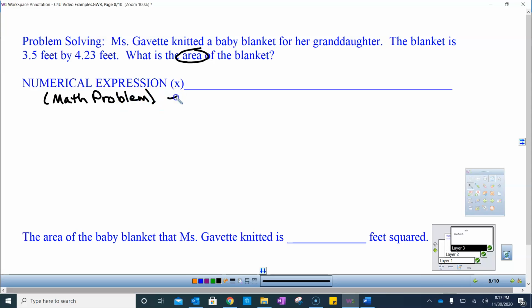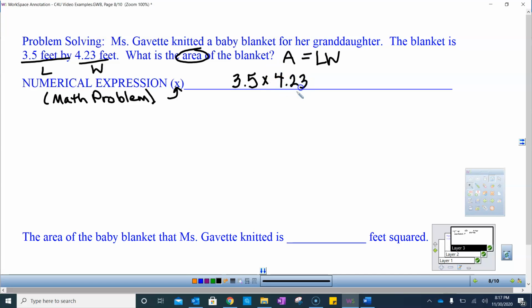And I'm giving you a big hint. It's a multiplication problem because area is length times width. And I'm giving you the dimensions. It's 3.5 feet by 2 2/23 feet. So that's your length and your width. So we're just going to simply write the math problem 3.5 times